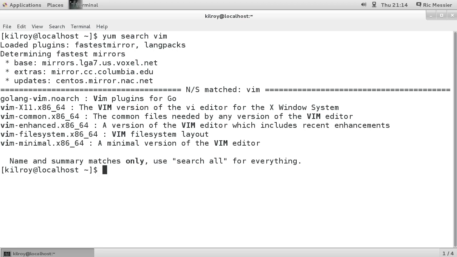Every time you run yum, one thing that it does is check your mirrors to see whether everything is loaded and all of the latest versions are there. So these are the different packages that match Vim. Let's just say I wanted to install Vim-enhanced. So I'm going to say yum install